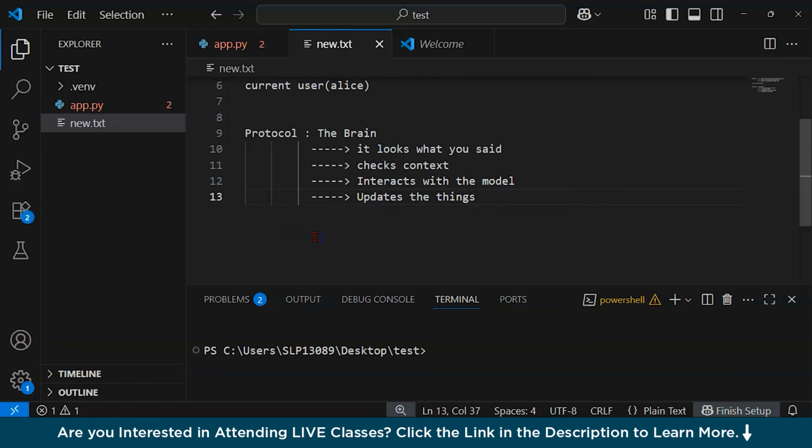So protocol is the logic. It's like the brain that receives your command, like login Alice or order pizza, and it decides what to do. It looks at what you said, it checks the context, meaning are you logged in? It interacts with the model, like is pizza on the menu or not, and it updates these things and gives back the response. You can understand something like this as the manager of the given application, deciding what to do